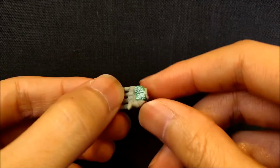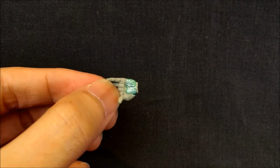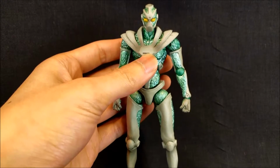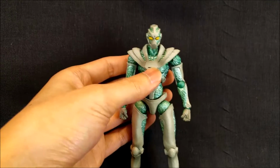It's got like the shell, and then on the inside it's like the soft, I guess the vulnerable parts, it's green. And then of course he comes with those 2 or 3 effect parts. I just left them in the bag because I actually don't use the display stand, so I haven't taken them out. But they're in there, you saw in the box. And of course he comes with the 2 fists that just come attached. Alright, so let's take a look at the figure